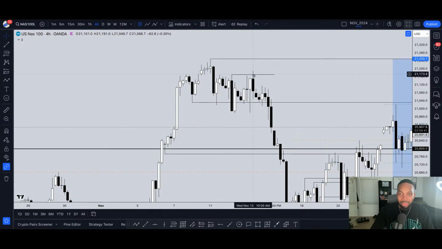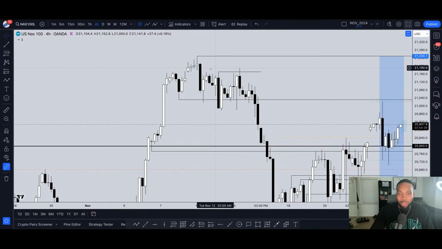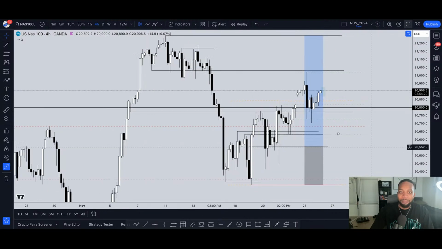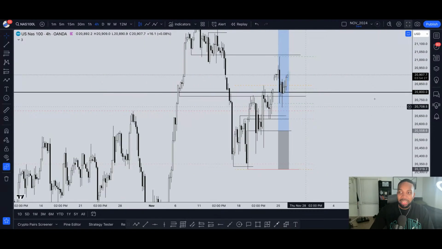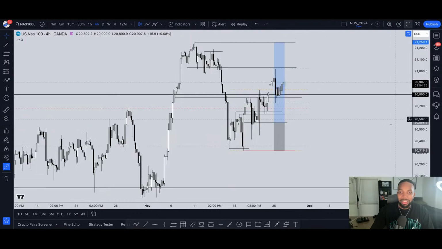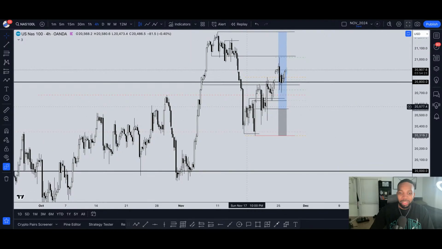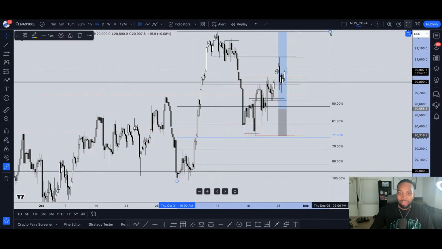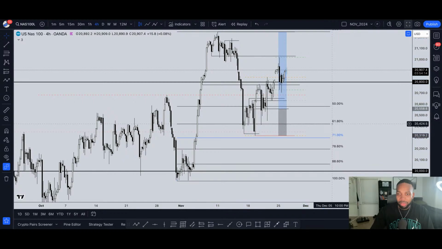We came to liquidate these highs. We also came to fill in some of this imbalance. We tapped into this order block as well, mitigated from there, and then sold off. So that makes sense. But that sell-off was needed in order for price to give us this retest here. And if you draw your Fibonacci from the lows, the lowest wick, to the highs, price came back down to the 618 perfectly.